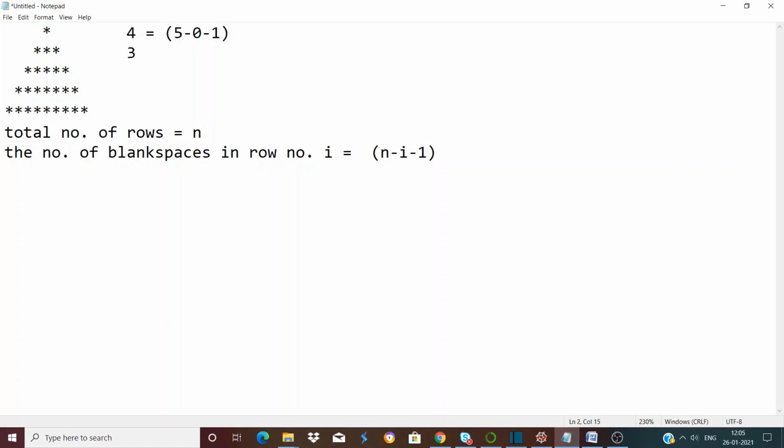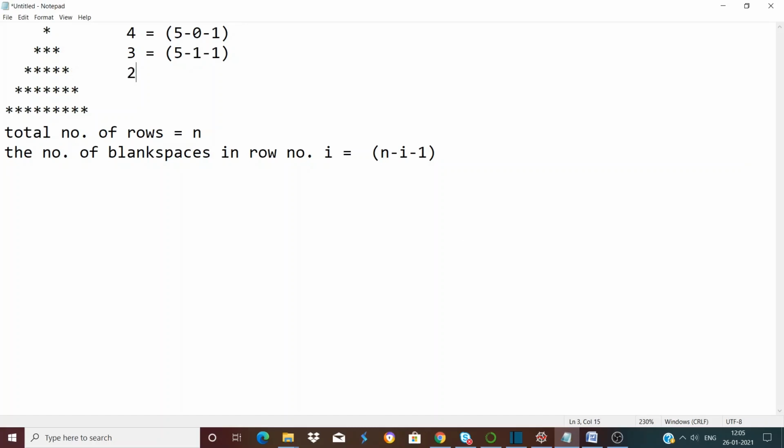3 equal to 5 minus 1 minus 1, right? So again 5 is the total number of rows. Here 1 is the row number. So this formula is applicable for this row as well, and this formula will be applicable for each and every row.